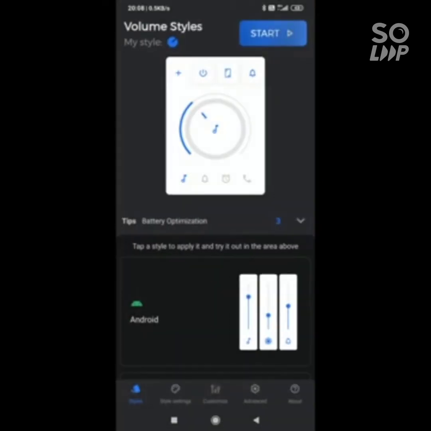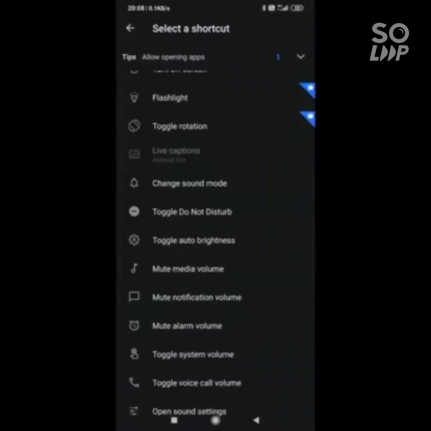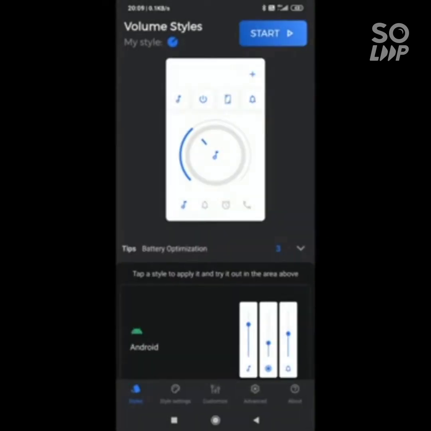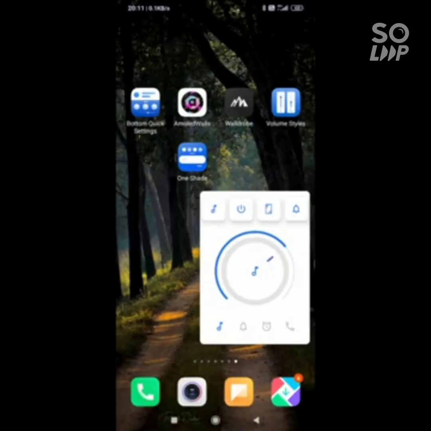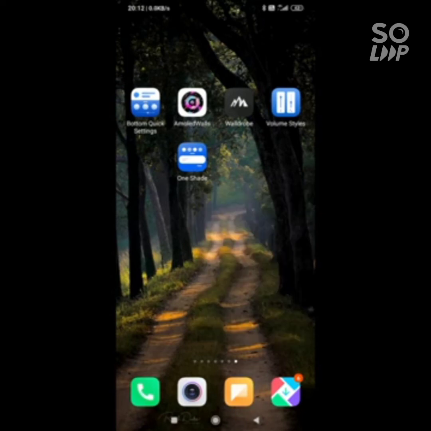I'll add turn off screen and mute media volume. You can switch between music, notification, alarm, and phone volume. This is pretty cool and easy to control. Just rotate your fingers, and all the options are the same.